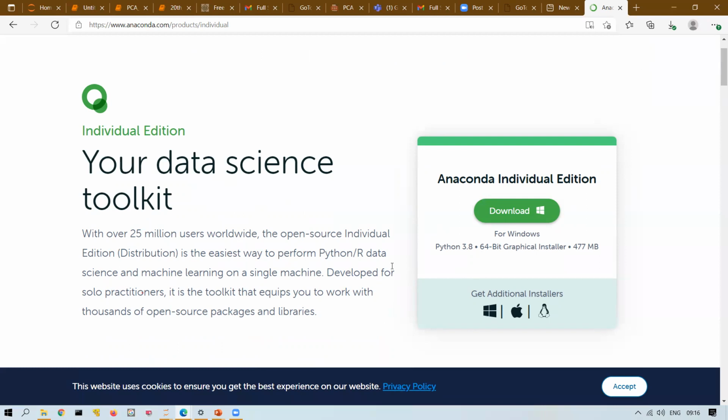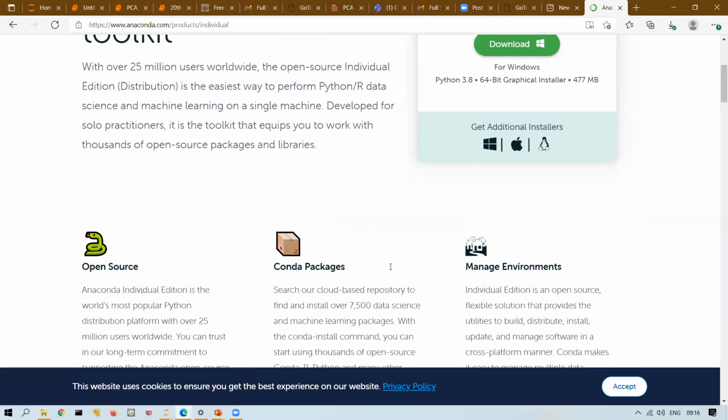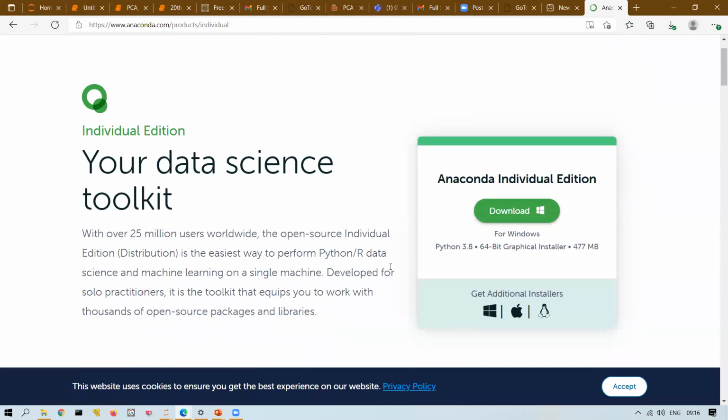We have a lot of packages in Python that we will be using, like NumPy, Pandas, sklearn. A lot of packages that are useful, especially for data science, whatever important packages you need. Anaconda will install all the packages. Anaconda will install Python. Anaconda will install Spyder and Jupyter. So once you are done, not only Python, you are ready to start writing your program.